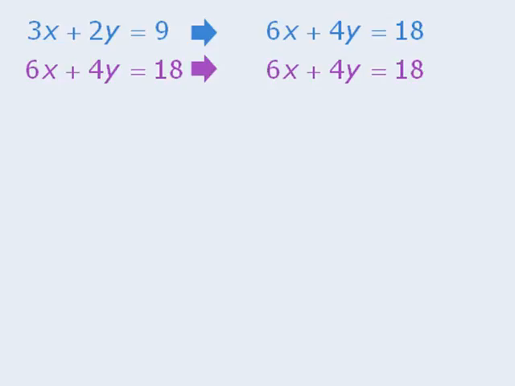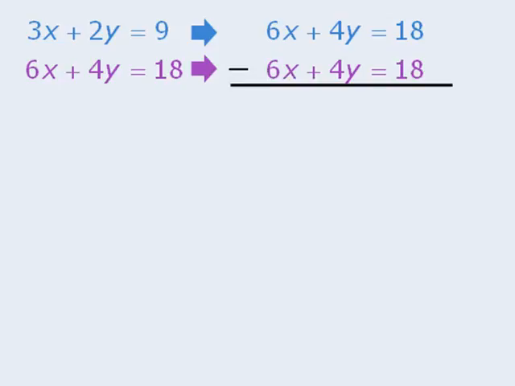So we really have just one unique equation here, and we have already seen that one equation with two variables will have an infinite number of solutions. Another way to see why this system has an infinite number of solutions is to subtract the bottom equation from